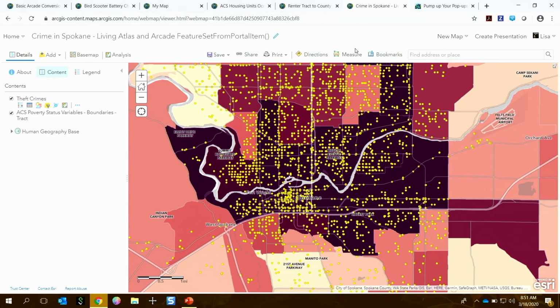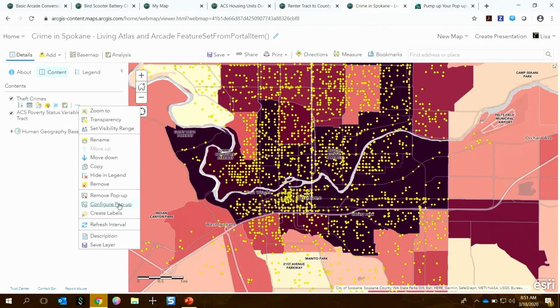Something similar to that. Imagine I'm in the city of Spokane, Washington, and I have theft crime data. And I can bring in Living Atlas content. For example, we have another layer in the Living Atlas that's about poverty, and I want to use that to create some context in my map of crime. So is poverty and crime related? And I can overlap these and it tells me something interesting, but I want to add additional context to my